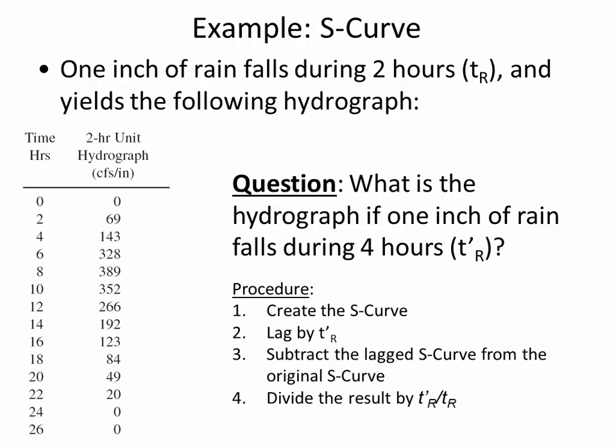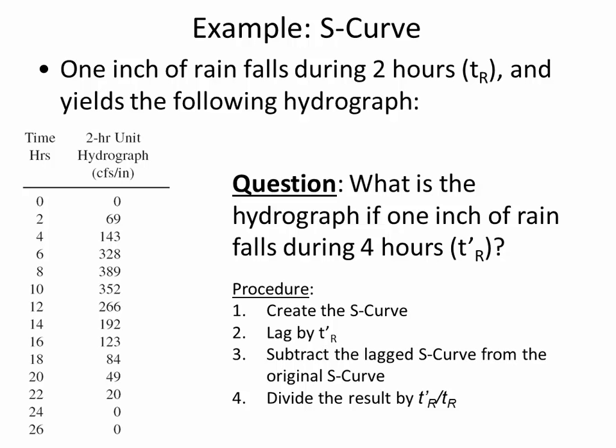So here's the procedure that we're going to follow in order to translate the storm duration of a unit hydrograph, which is the whole point here. What we know, the given information, is what happens during a 2-hour storm. So during a 2-hour storm, this is what the watershed does. If there's 1 inch of rainfall during a 2-hour storm, then it looks like it takes about 22 hours for